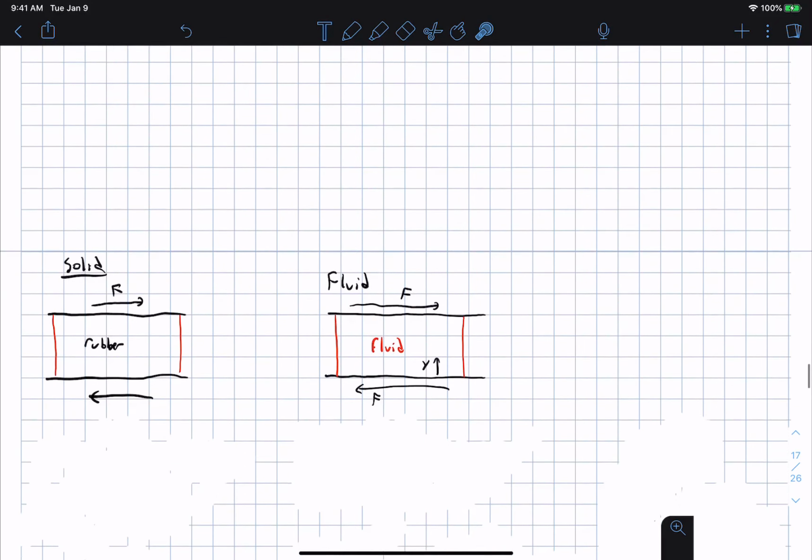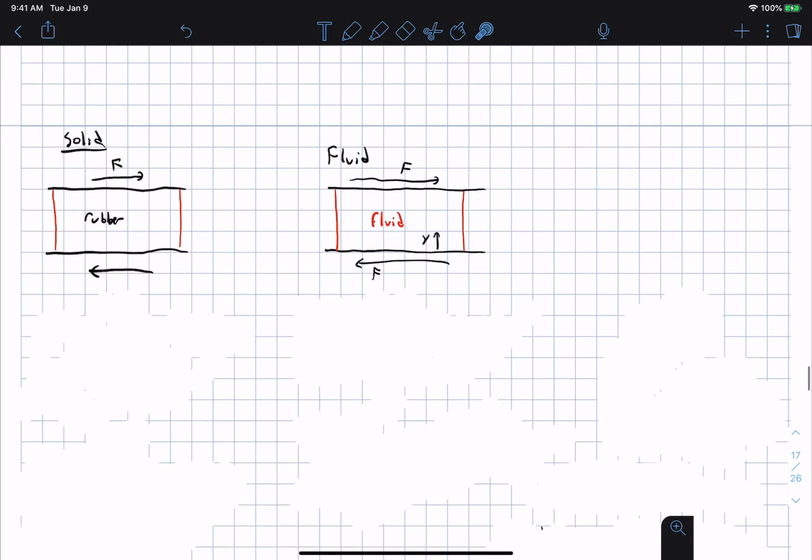So now just to discuss some other differences between solids and fluids, just bring up a point that I brought up earlier. What makes a solid different than a fluid is that solids can withstand stress and basically hold their shape, whereas fluids, as long as you keep applying a shearing force, the fluid will keep on moving. So if you think of, if I have a chunk of rubber here, like your eraser,